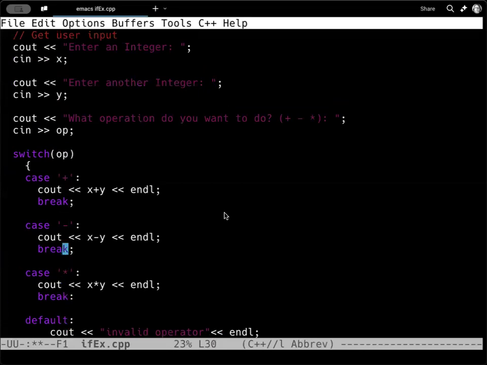The break is important because of one of the quirky features of the switch that you can actually use to your advantage, and we'll do a forced example of this. Without the break, it's going to just keep going through all the other cases. So if I were to get rid of the break here,